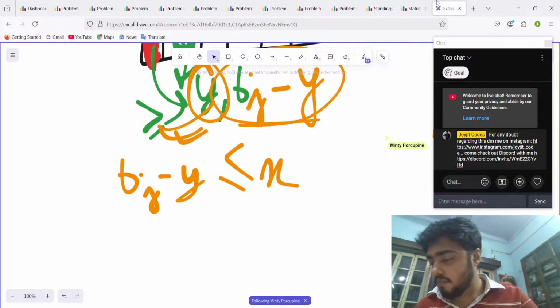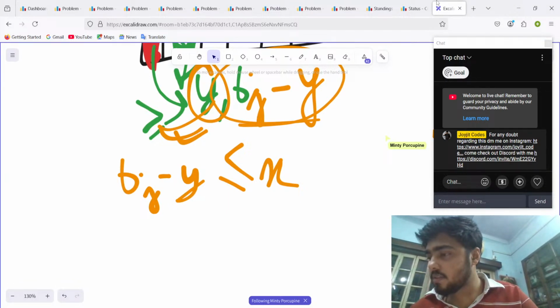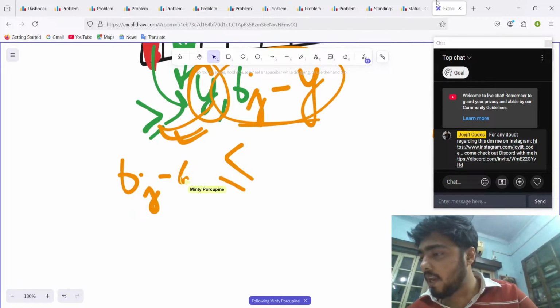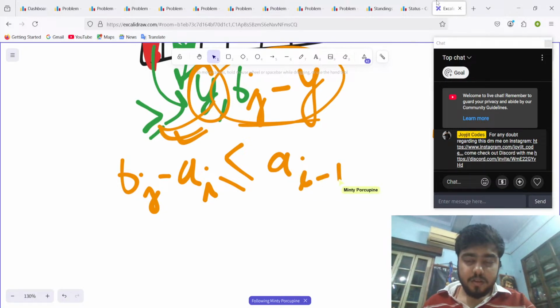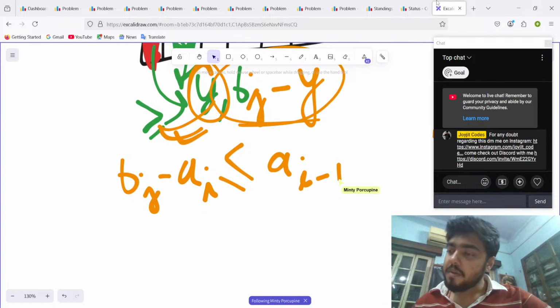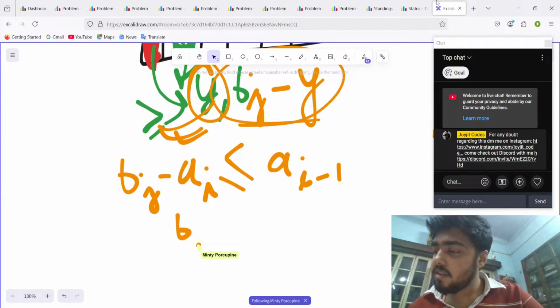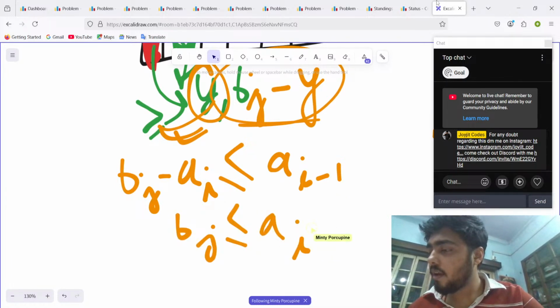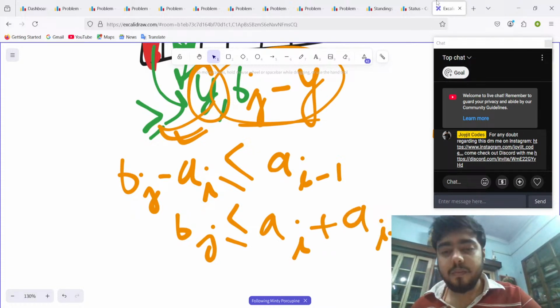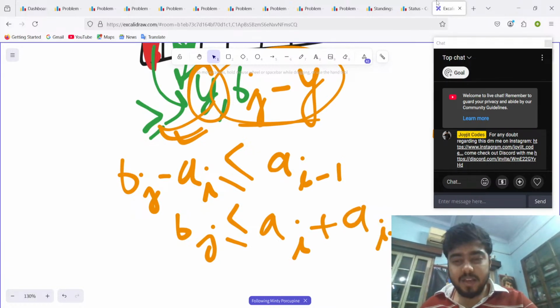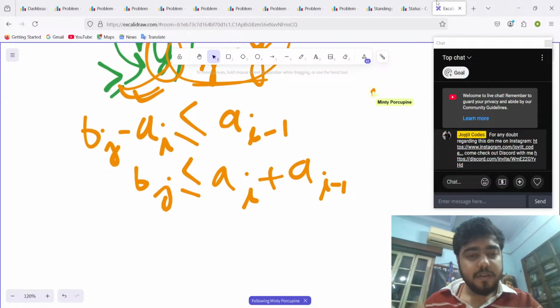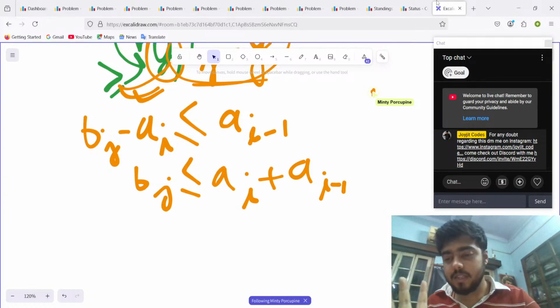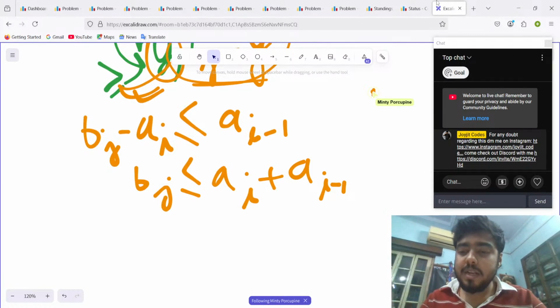Now what is y? I think I'll just replace y and x. Y is basically a of I, and x is basically a of I minus 1. Okay, so a of I minus 1. Now what is the value of b of j? It should be lesser than equal to a of I plus a of I minus 1. Right? This is what the mathematics tells us. I think it won't be visible for you, so I'll just move it over here. Okay, now it is visible. So b of j, that is the thing. Now since it has to be lesser than equal to this,